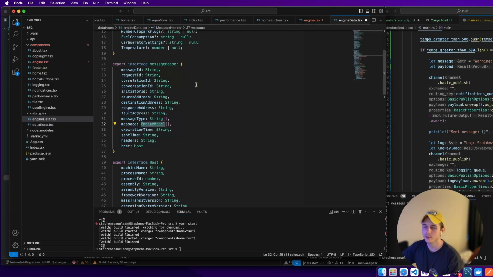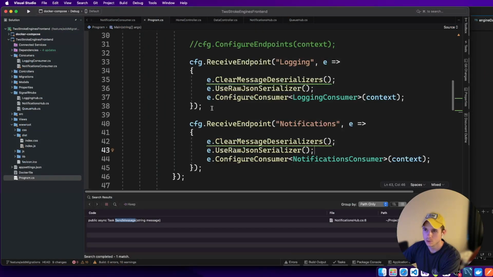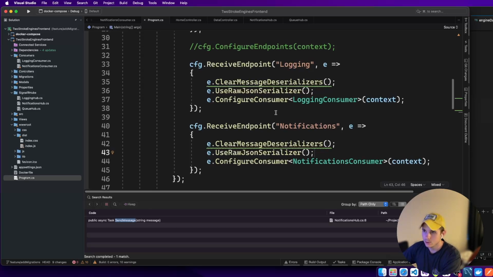So what we have to do to accommodate not having this, when my Rust service is sending data to RabbitMQ and I have MassTransit looking for a message that it would think would have this, is you have to use raw JSON serializers. So I got around the fact that Rust isn't sending all that extra metadata with the message, but is only sending the serialized data that we actually care about, if I go to